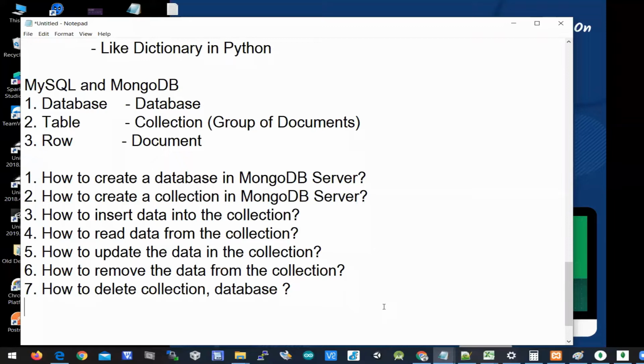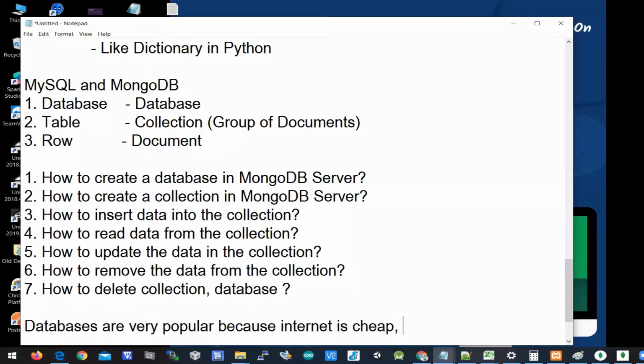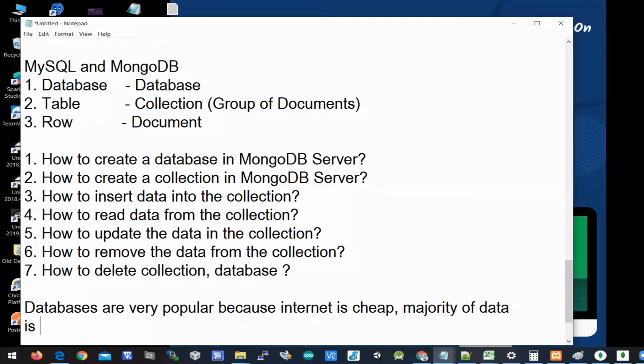If you want to build any application these days, the majority of applications have a database. Without a database we cannot build any kind of application, right? Isn't it? So today databases are very popular because internet is cheap and the majority of data is being collected and is in use.